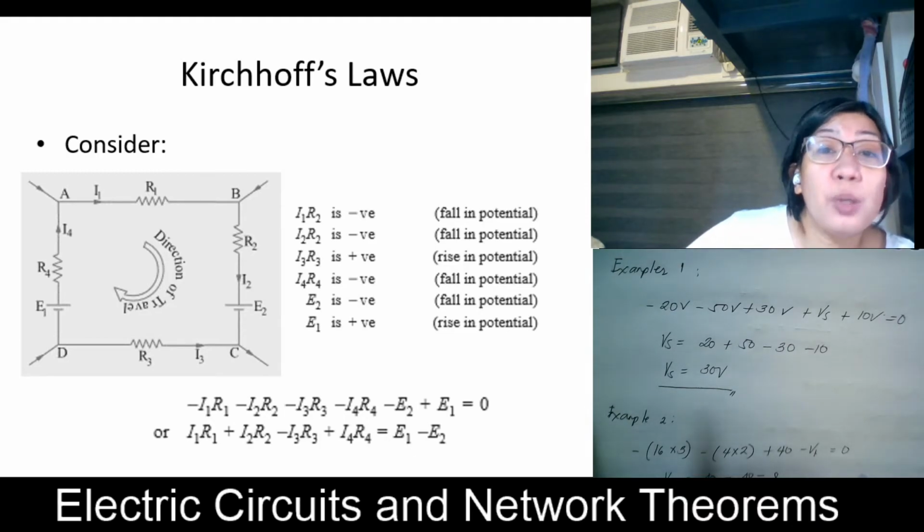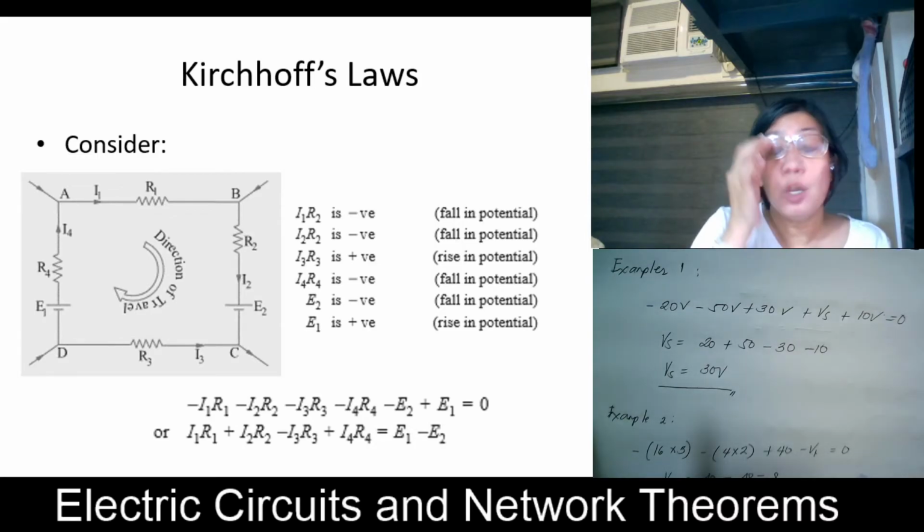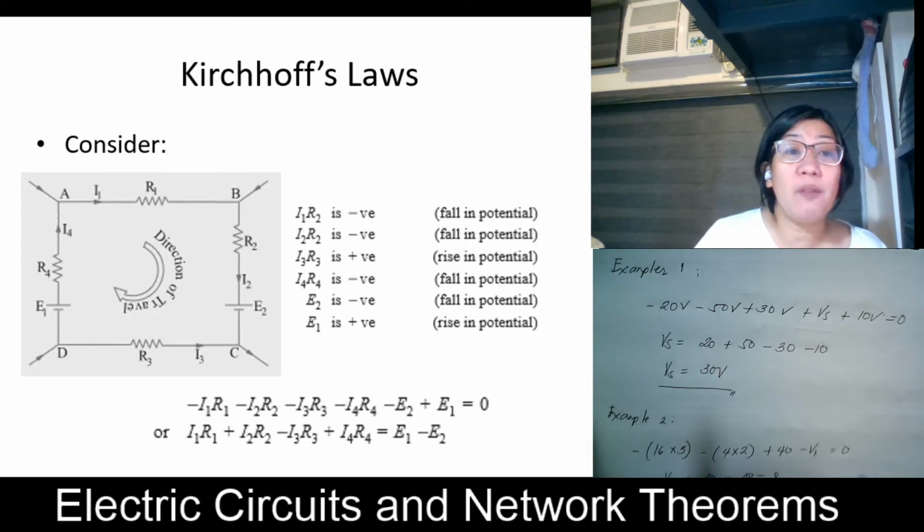And this is the direction of your current. So this is plus, this is minus. So again, minus I4 R4, that is a fall in potential. Okay? So if we're going to rewrite that, all falls in potential are negative and all rises in potential are positive. So that will give us minus I1 R1, minus I2 R2, minus I3 R3. So we're just following this direction of travel, okay? The signs across the resistors depend on the direction of current. So we have here minus I4 R4, minus E2,